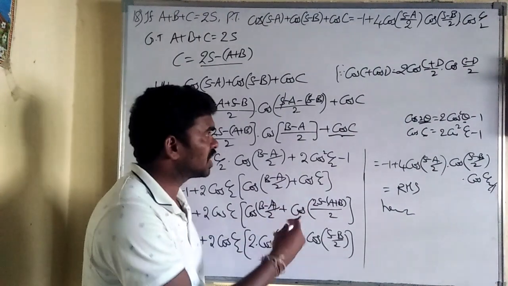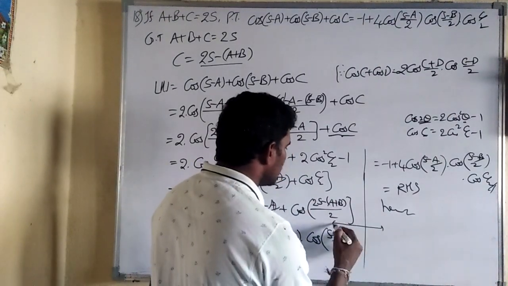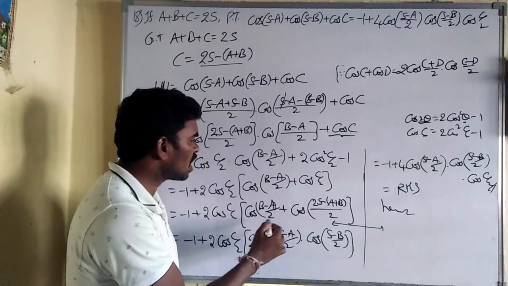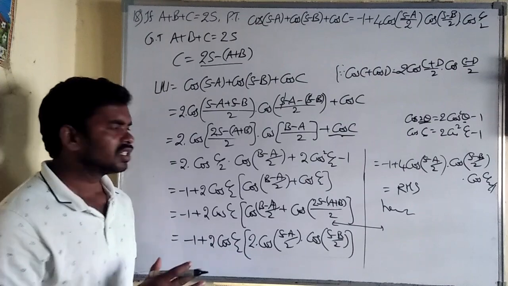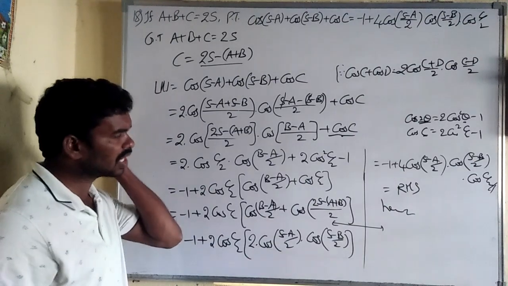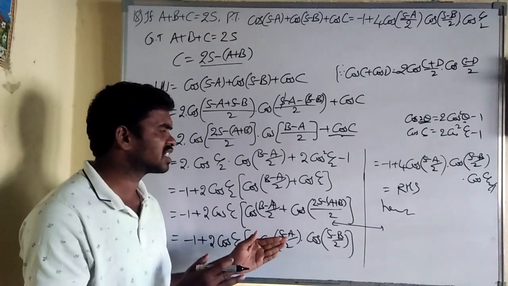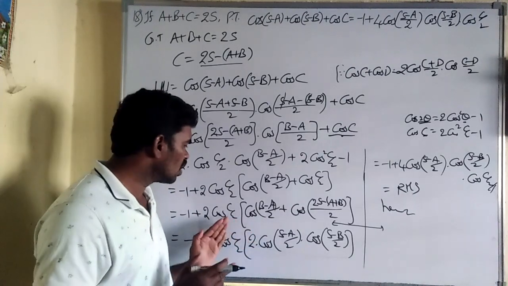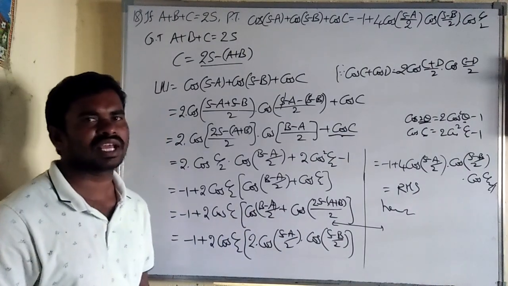In this problem especially, I am writing direct steps. If you understand clearly and are able to do it, please do the simplification. Just do 2 cos (C plus D) by 2 cos (C minus D) by 2, work out the sums and write the answer. That is better than writing the direct step. I am writing the direct step because most probably we can write it by using the RHS. But if you are good at understanding this, please write two more steps by simplification. Then your presentation will be good.